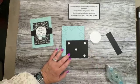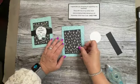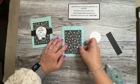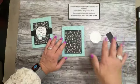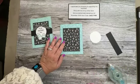Oh, I know something else I forgot too. My ribbon, which is right behind me, so that won't take but a second to grab. Just when you think you have everything set around you, there's always something that's missed, right? Okay, and then